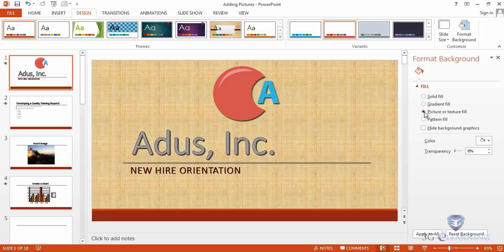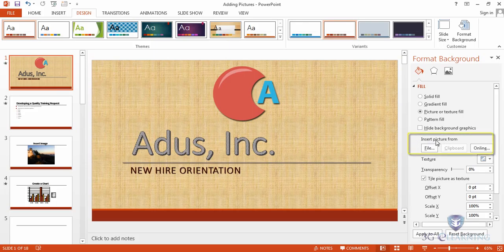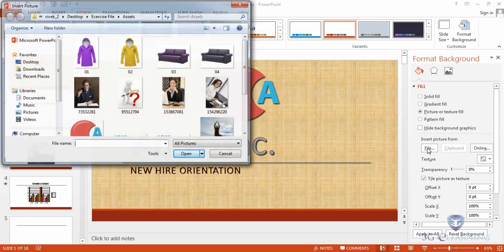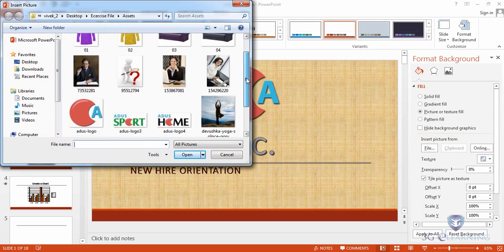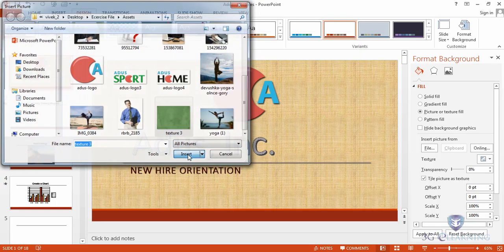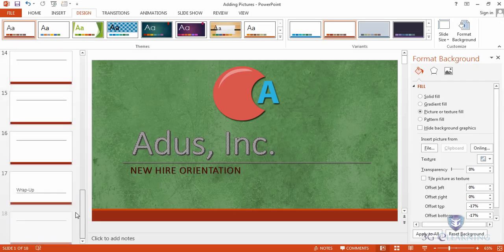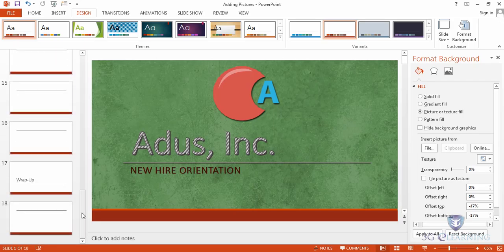So I'm going to click Insert Picture from File, and still in my Assets folder I'm going to browse to something that looks like it would be a nice background for a slide. So I'm going to pick Home Linen, choose Insert, and now it's changed to the custom picture that I wanted it to. Now let's do that again, except this time we're going to grab a picture from online, like clip